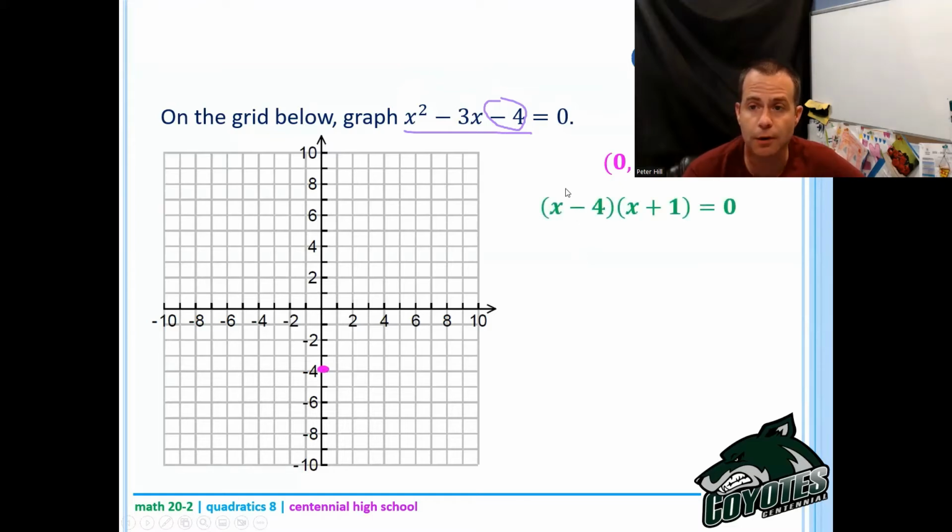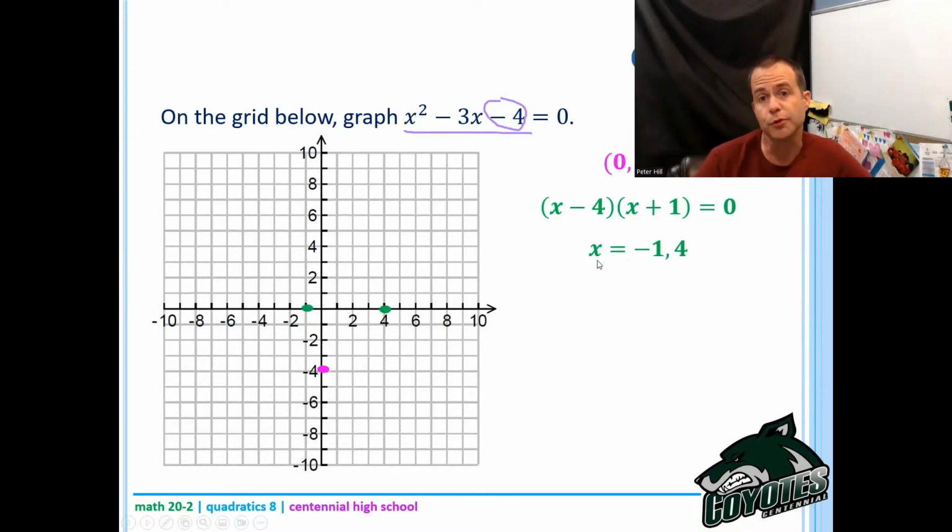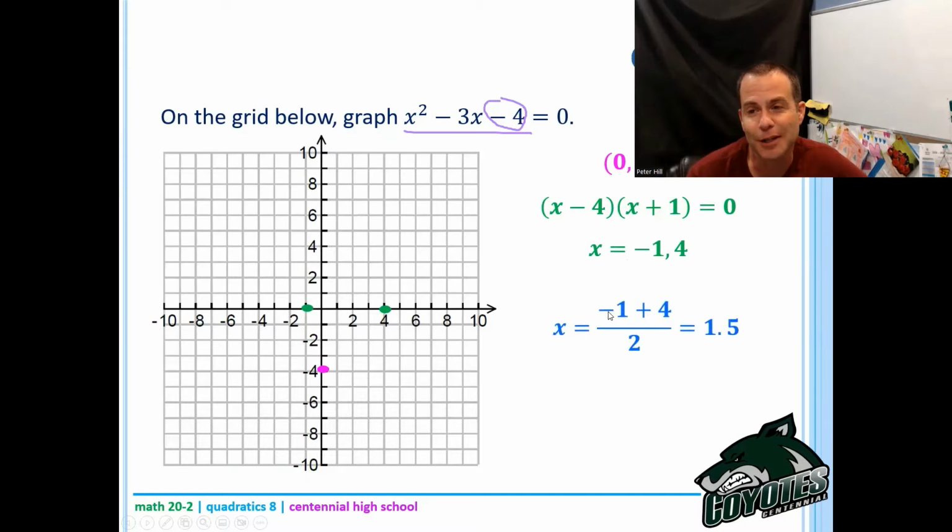And then when I go to solve that, that's the zero product principle. So I've got x equals 4 or x equals -1. Okay, so I've graphed my y-intercept right here. I'm now going to graph the x-intercepts at -1 and 4. I would then take the average of those two x-intercepts, and that would get me the x value at my vertex, also known as the axis of symmetry. Okay, I'm hoping all of these words sound really, really familiar to you. So I'm going to go -1 plus 4, and then I'm going to divide by 2, and that's going to